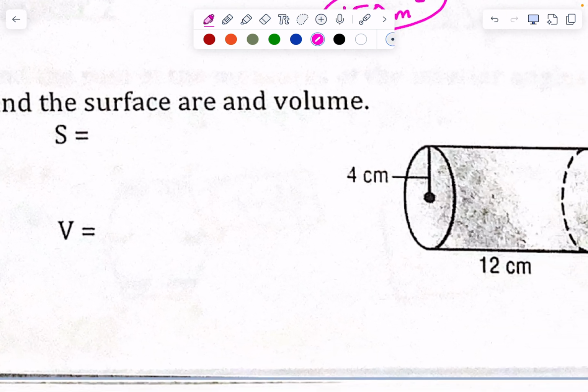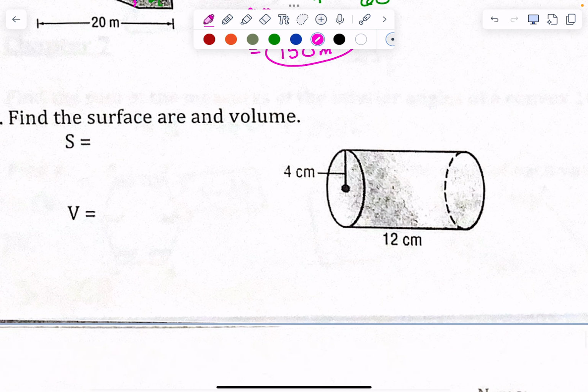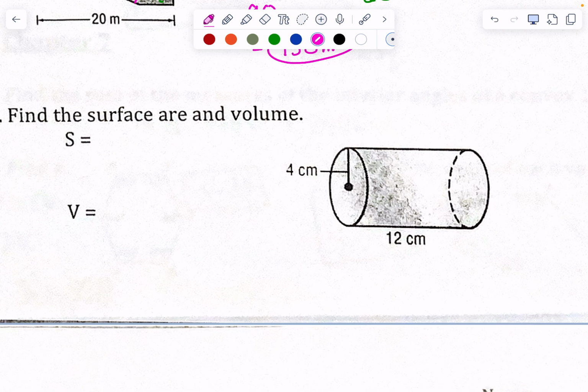JC, are you done? Surface area, volume. Do you remember these? You can find the volume of a cone or of a cylinder, right? Volume is the area of the base. What's the area of the base? Pi r squared times the height. That's what volume is: pi r squared h. Okay? Surface area is